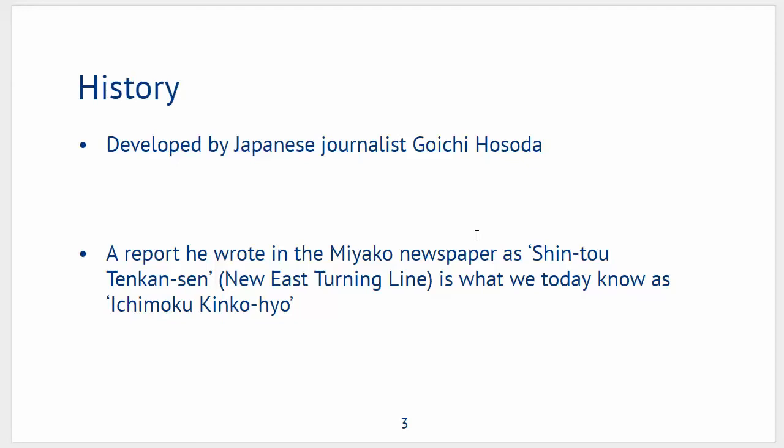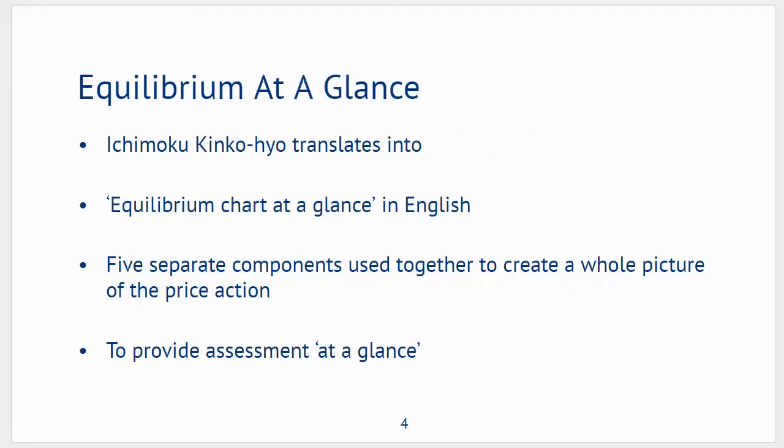Ichimoku was developed by a Japanese journalist called Hosoda, and he was a newspaper writer. He was an author that wrote on financial markets, and this was the basis of what we know as Ichimoku charts today. Now, Ichimoku translates into equilibrium charts at a glance. There's 5 separate components, and used together they provide a whole picture of what's going on with trending price action